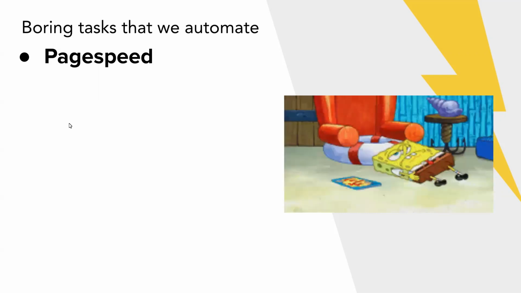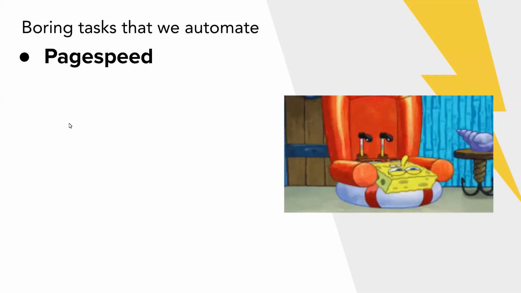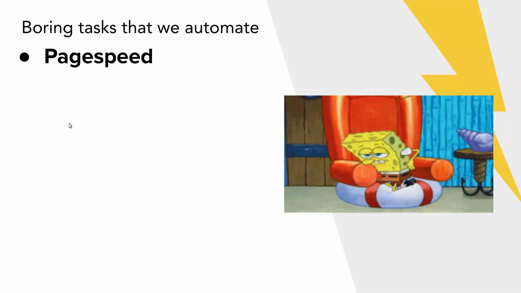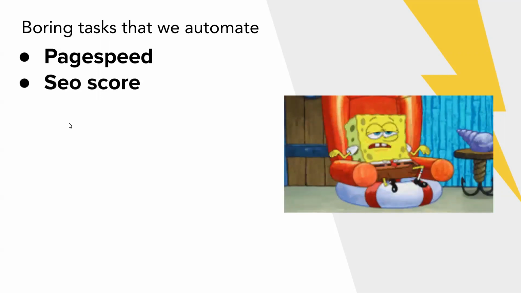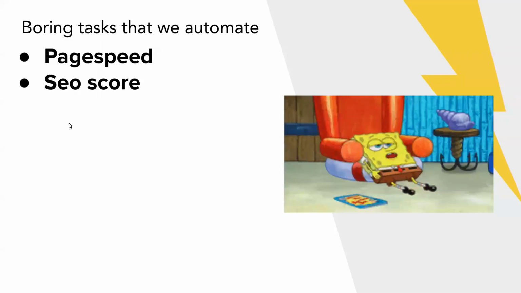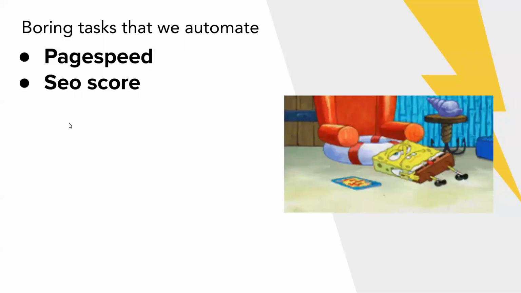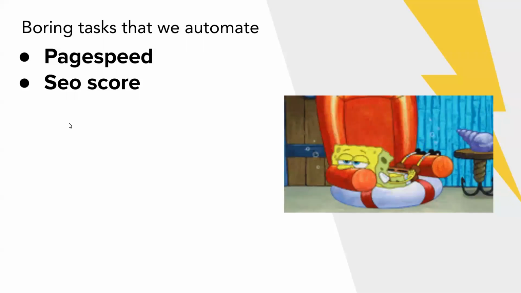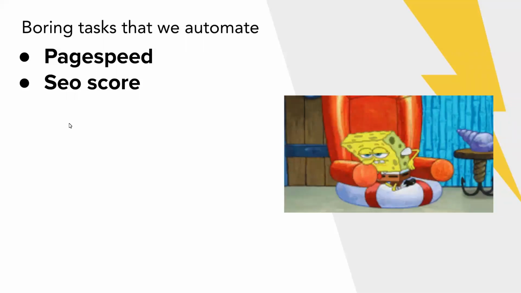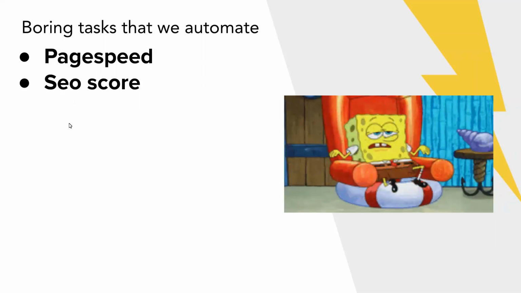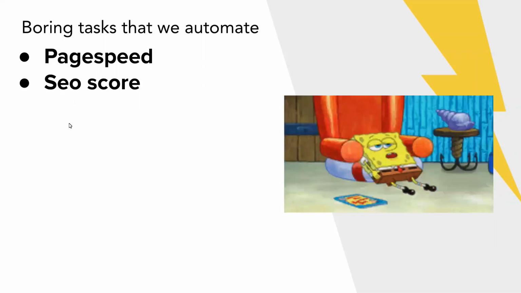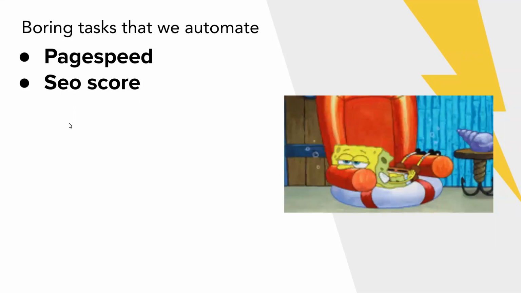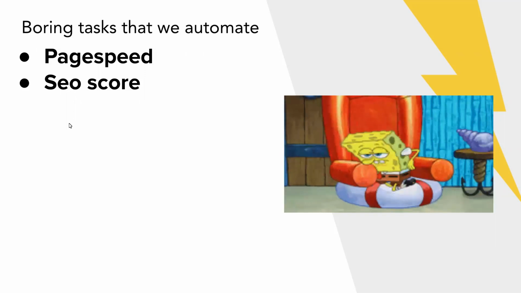Or if there is a payload that you accidentally committed on your site that causes the site to go slow, you will be able to detect it beforehand before it goes to production. As well as SEO scores, marketers need these metrics to make sure that their current content on the live site SEO is not affected. There are services that offer the API to check those scores or automatically get those scores from each of your pages,